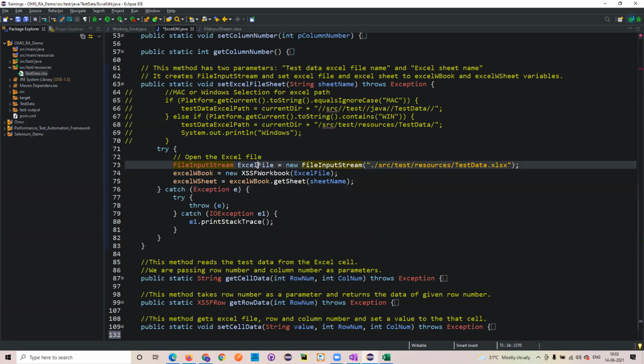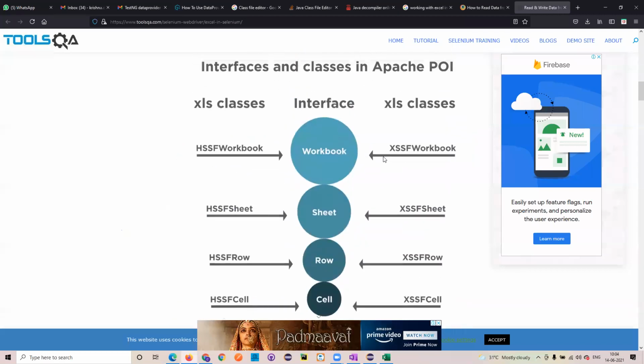Now if you see here, we have taken the Excel file and created an Excel file object. Now we do have other classes, right? We are using XSSFWorkbook. As we have seen in this diagram, if you wanted to read that workbook, we will be using these classes. As I already told, HSSF and these class files are deprecated, because you need to use them only if you wanted to work with the older version of the Excel sheet. In the newer version of Excel sheets, you'll be using XSSF.